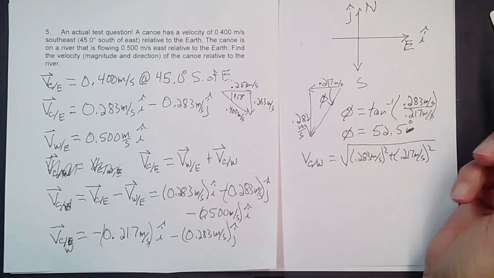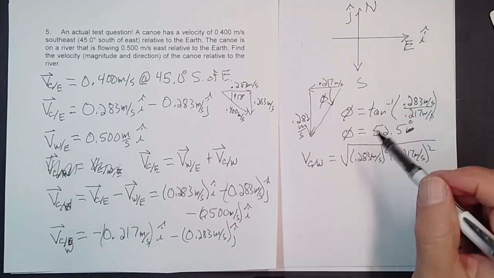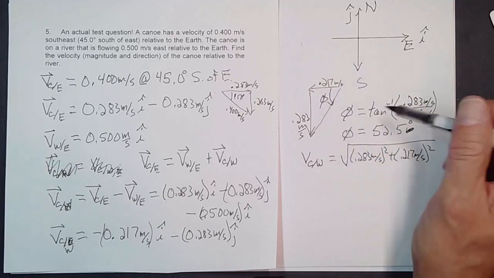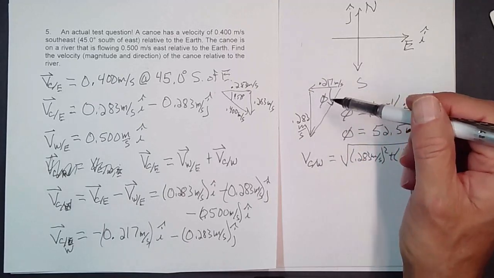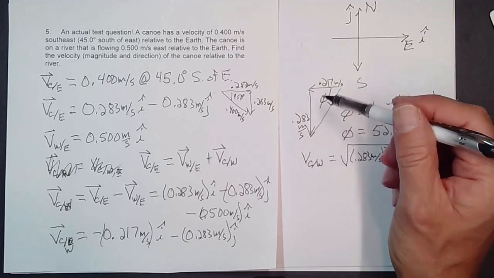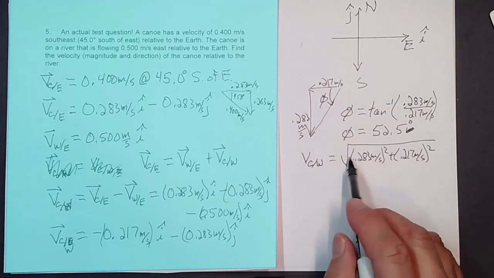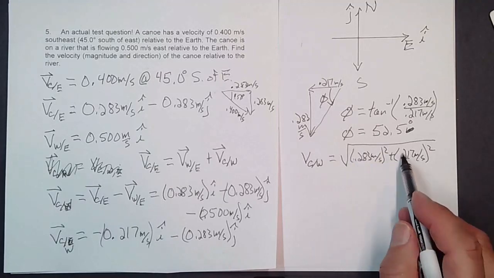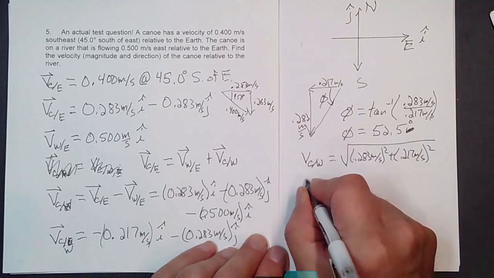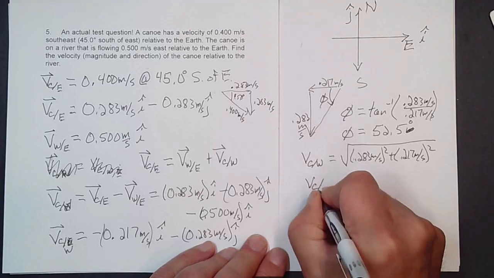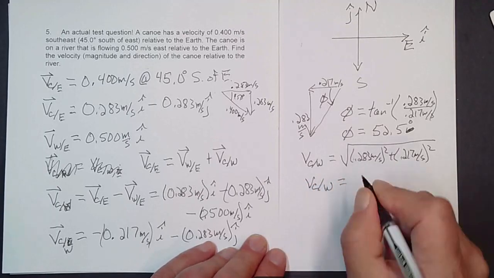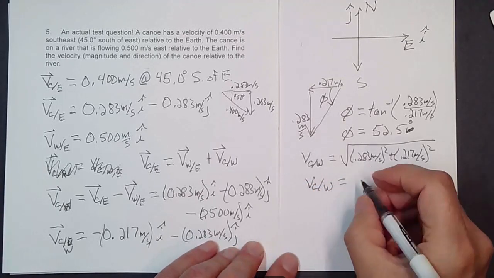And when you're doing the Pythagorean theorem, it doesn't matter if the components are positive or negative. You're just after the magnitude of a vector, and you can ignore those minus signs. When you wrap this in parentheses, they'll square away, so don't worry about those. The speed of the canoe with respect to the water ends up being